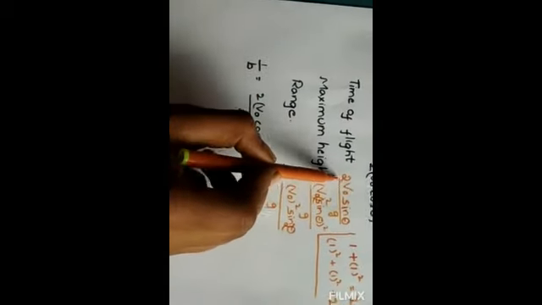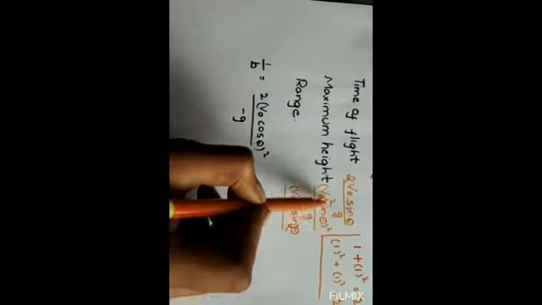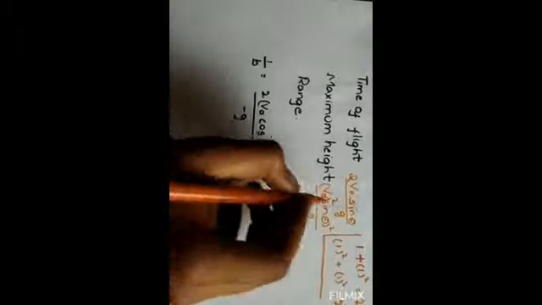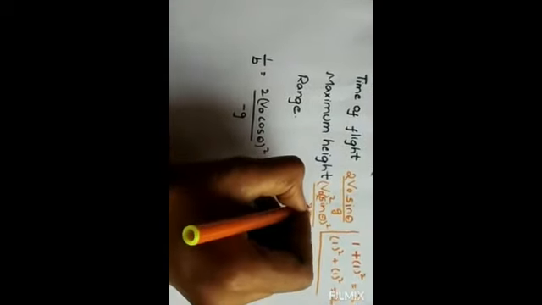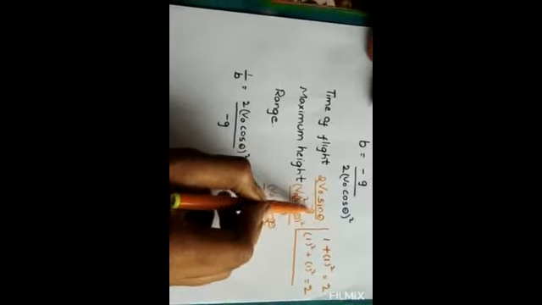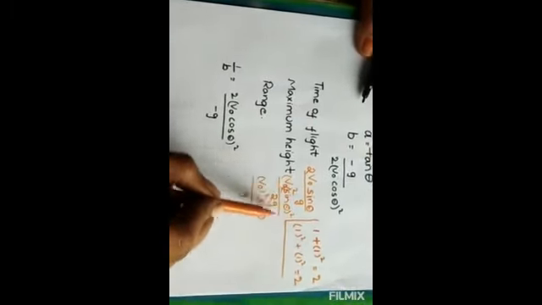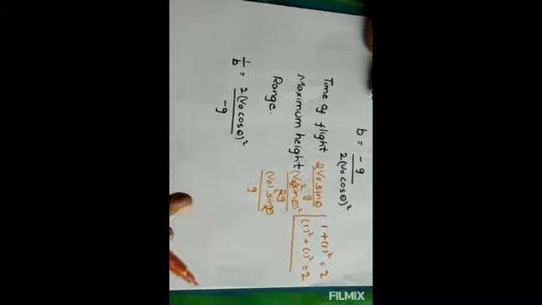Next, what remained here? 2. In this equation, did we write 2 here? No, we didn't write any 2 here. Here, sin 2 theta, 2 over. So here there is no 2. That's why I'm writing here 2. So the formula for this is: time of flight 2 v naught sin theta by g, maximum height v naught square sin theta whole square by 2g, range v naught square sin 2 theta by g. In this way you have to remember the formulas in an easy way.